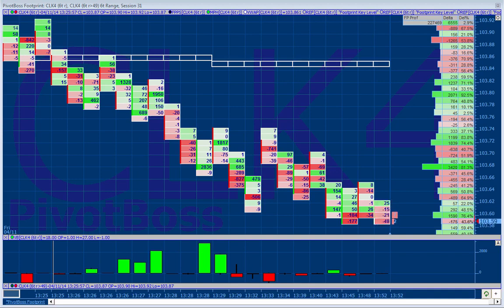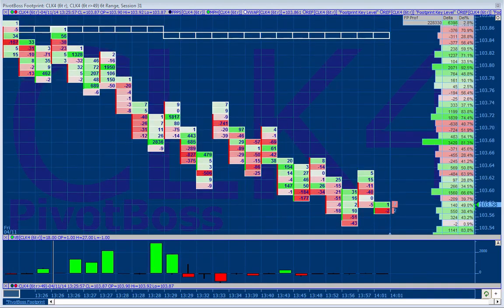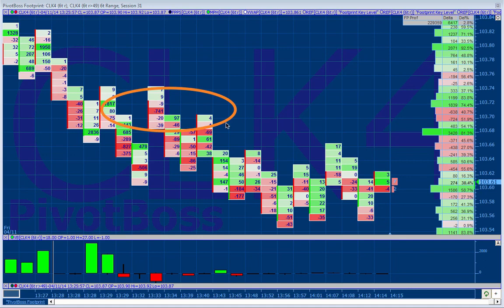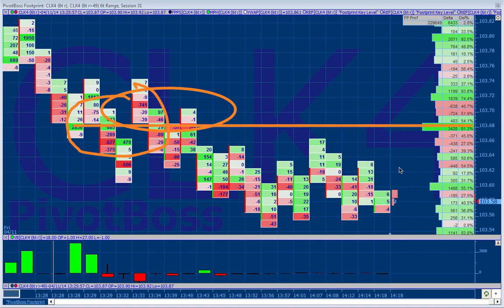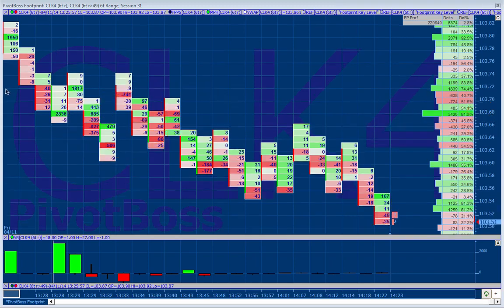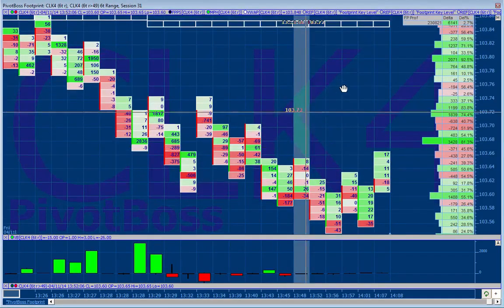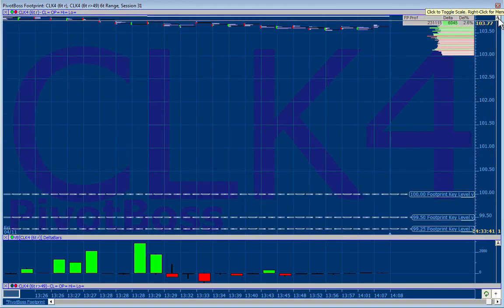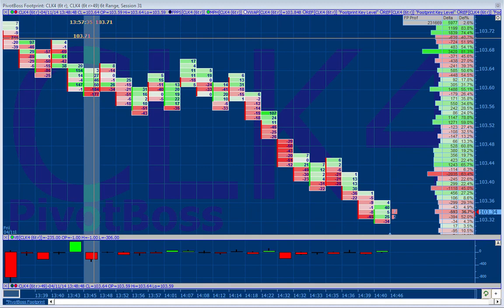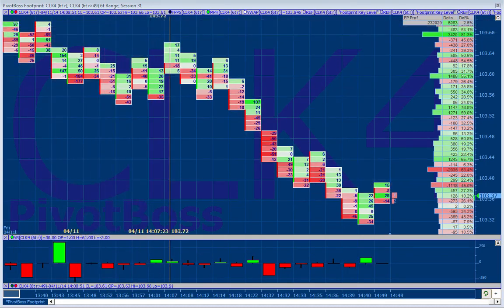So now we see price continues to push over into 103.60 and is now holding below a bunch of sell imbalances that came in here. All of these buy imbalances weren't able to influence price higher. That's on 68. And just like what we said earlier, watch the 68s right here. Let me get back on track. So if you watch this, let's pause it now. Here's the 103.68.